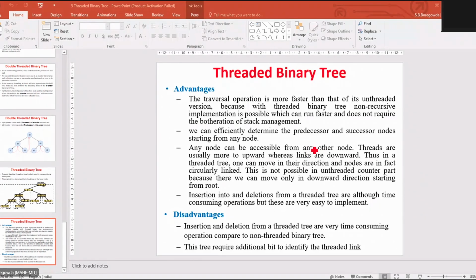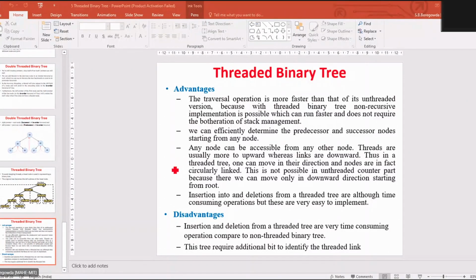In a complete binary tree, all levels are full except the last level. That is nothing but the nodes in all levels except the last level have two children. The last level will be filled from left to right. So a binary heap is a complete binary tree which satisfies the heap ordering property.